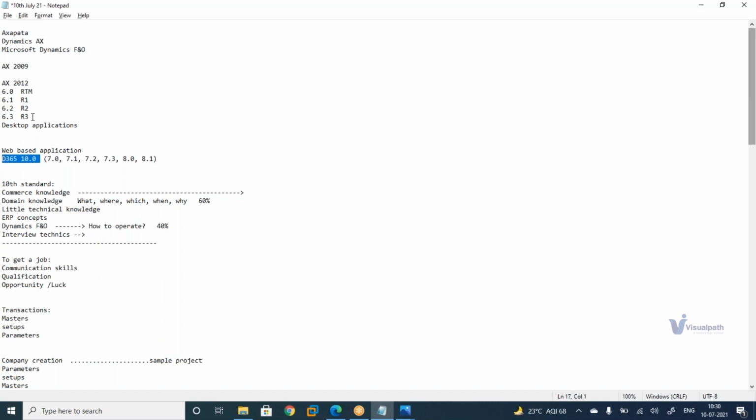Support is available for this one, but it is going to end as per the process. It should have ended in maybe another 2 months, but it was extended to next year. Within one year, the AX version will be closed completely, and everything will be on Dynamics 365 only. Closed means Microsoft is not supporting it. You can use the application, but Microsoft will not give you support on bugs.